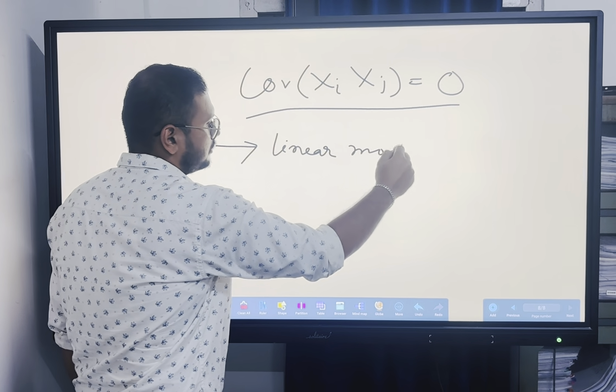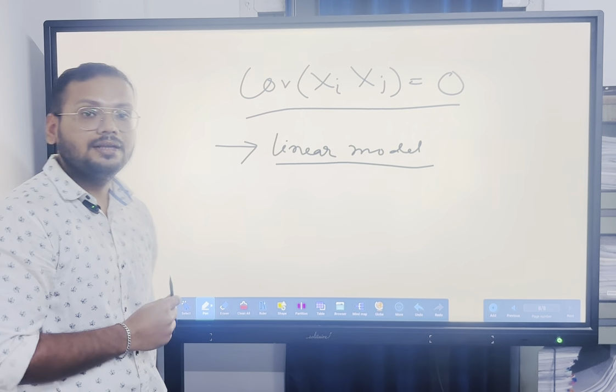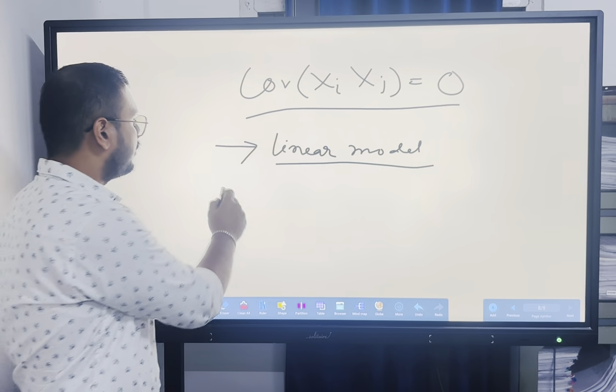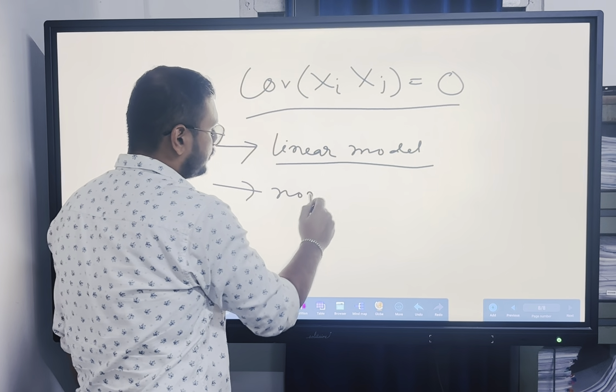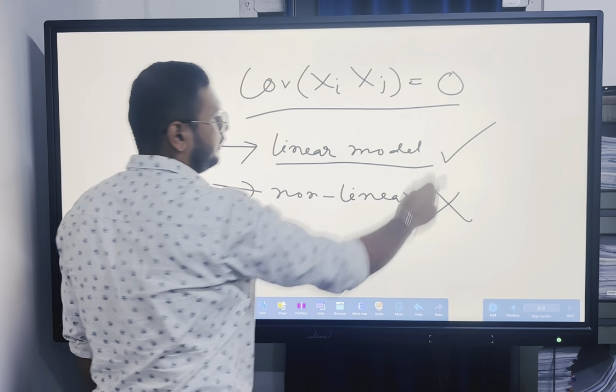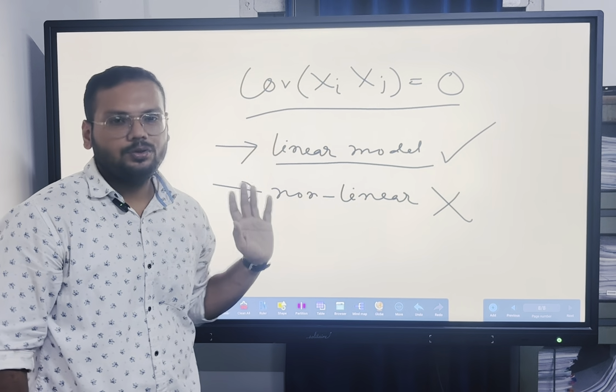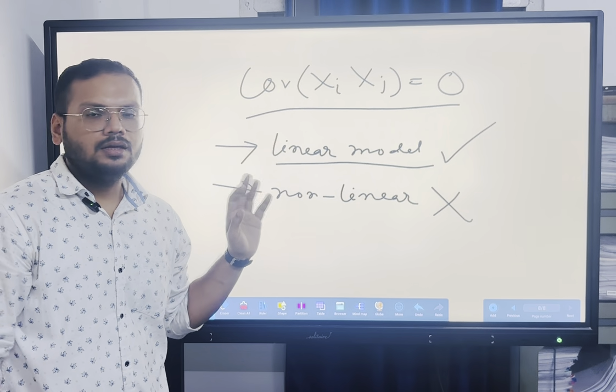Multicollinearity mainly exists in a linear model. If it's a non-linear model, then it will not exist. It will only exist for a linear model. Okay? A problem can arise due to